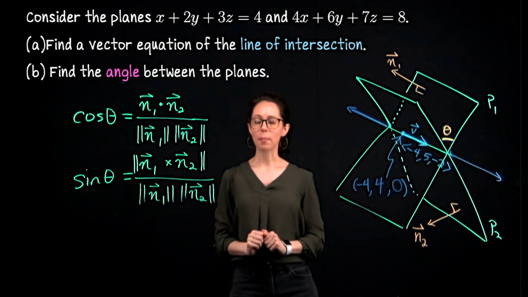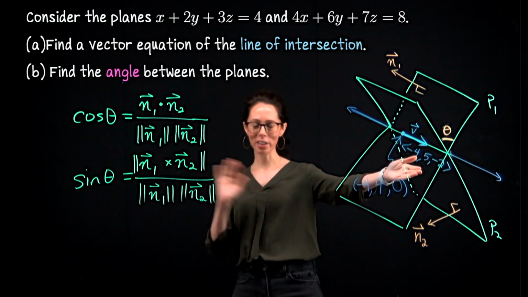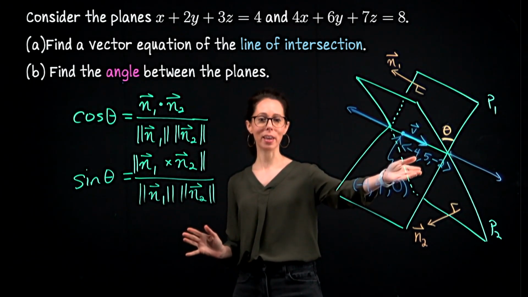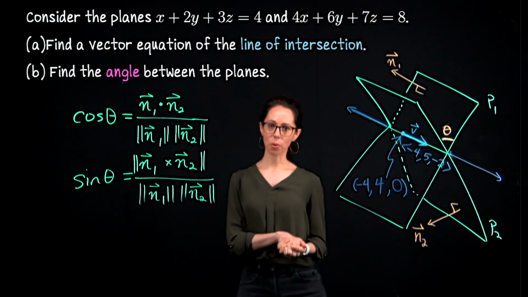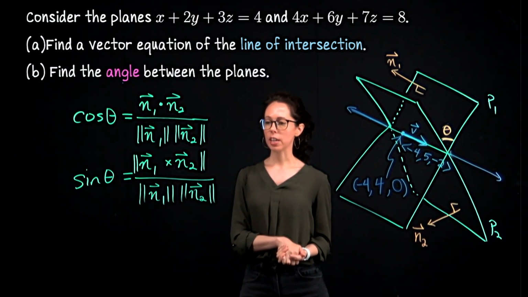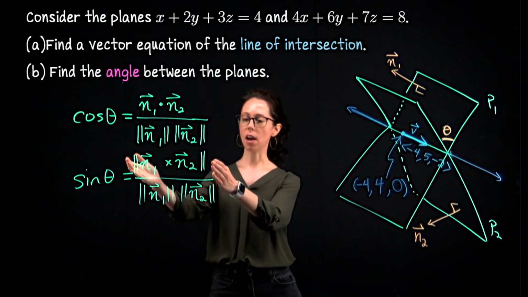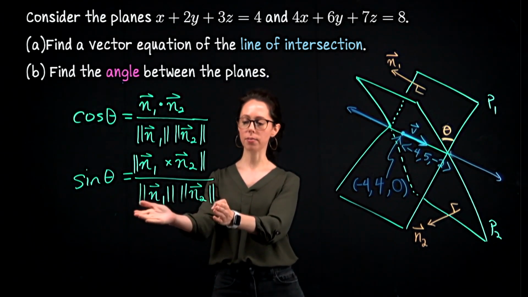The second one is what I'm actually going to work with, and that is because we already crossed n1 and n2. So we did all that work to find the cross product. Let's keep using it. So we will use the vector -4, 5, -2 inside of the numerator in the second expression. That's one advantage. The other advantage is that this is a non-negative quantity divided by a product of two positive quantities.